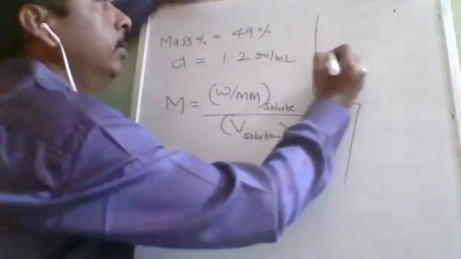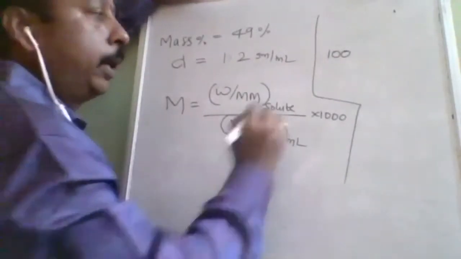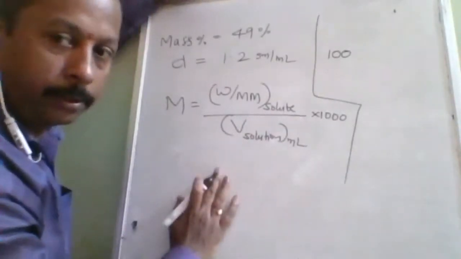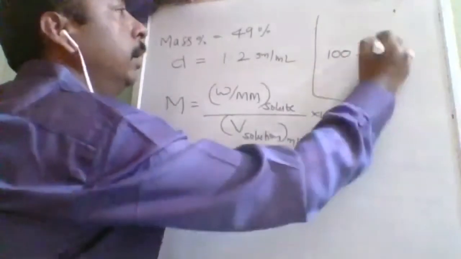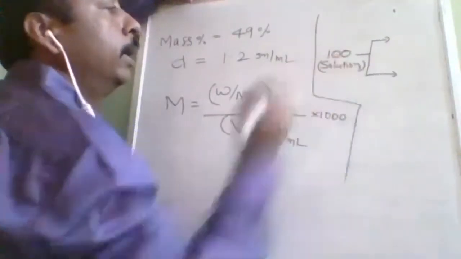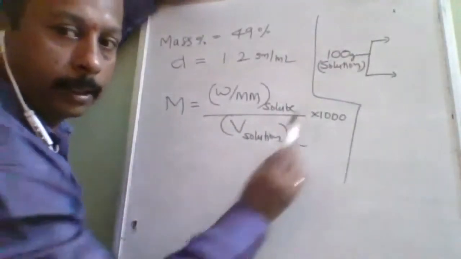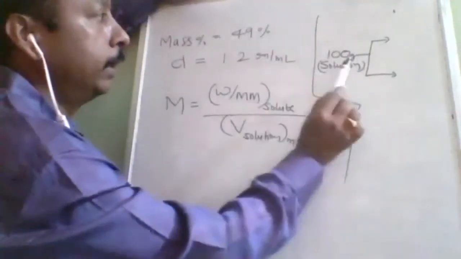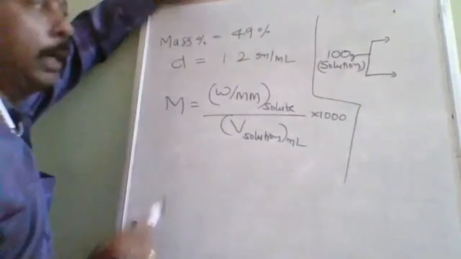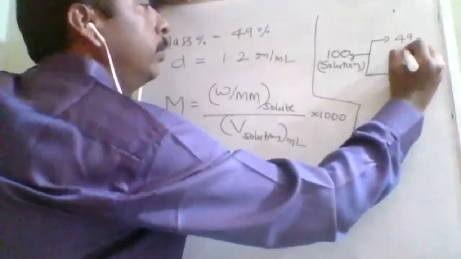Normally percent is for 100. Try to understand this method; it is applicable everywhere, not only this question. 100 percentage means 100, out of which the solution is concerned. In the 100% solution, mass percentage is given, that's why I am writing 100 grams. That is the solution. Out of it, 49 grams is of H2SO4.